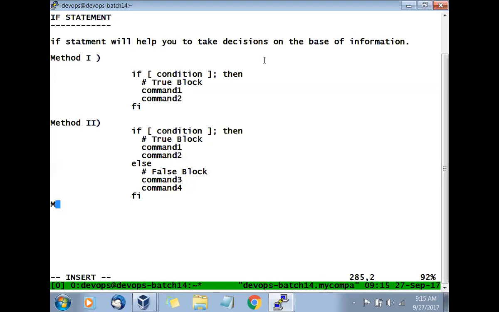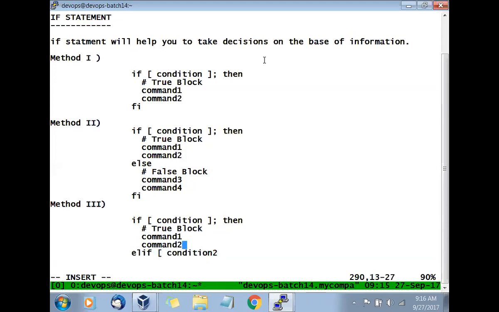We have another method which is method three. So again, you will go with the same block. Now, instead of else, we will go with elif. And then the same thing, condition two. So here is condition one, here is condition two.